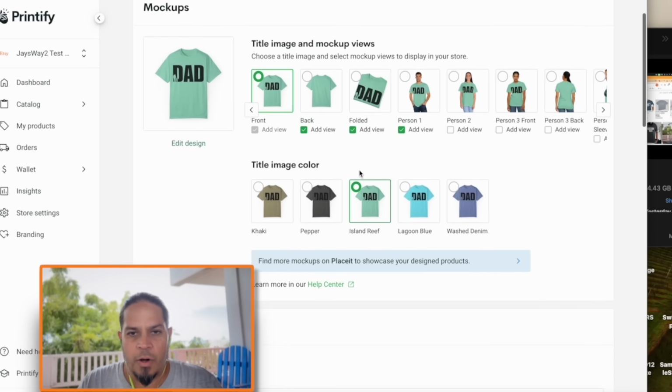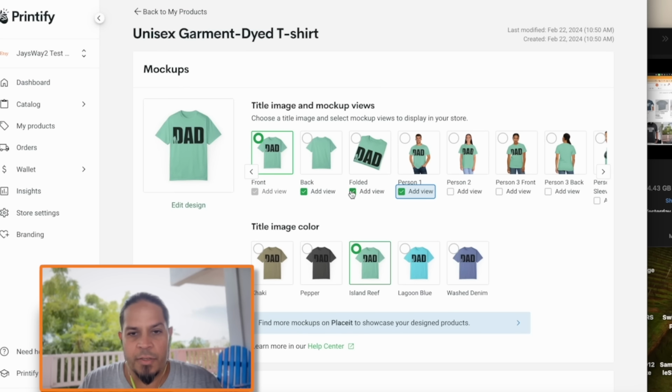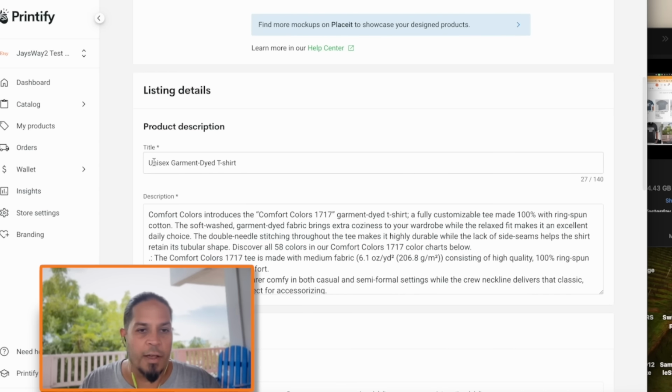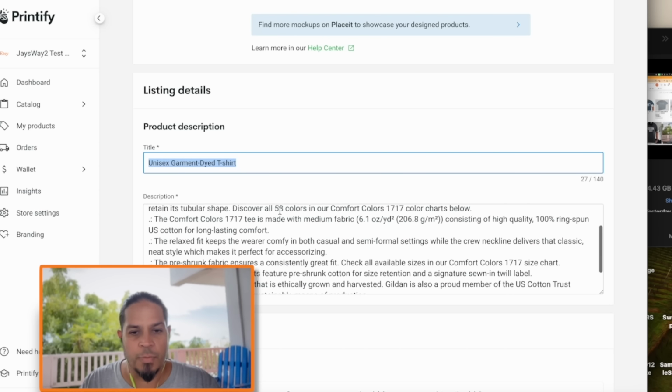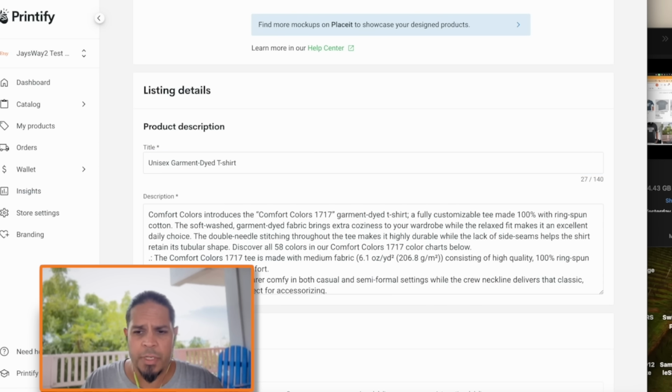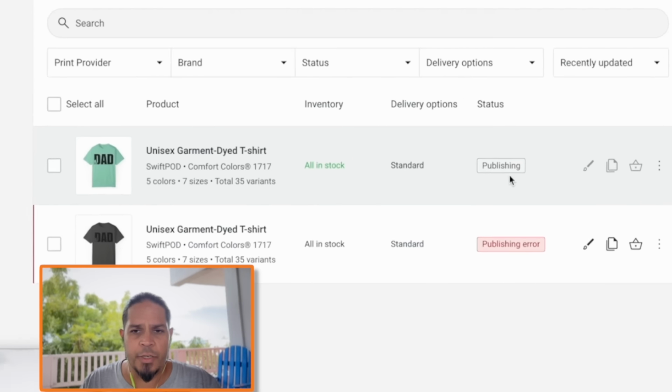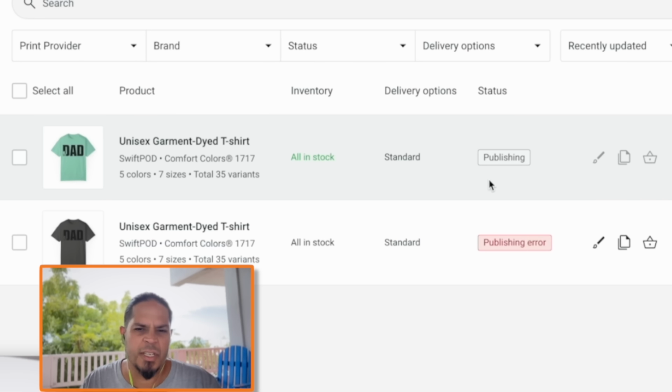And once we have our product, I will deselect a few of these because when we push to Etsy now, it'll take a little bit less long when we have less images here. You're going to want to go into Etsy and swap out your mockups anyway for something a little bit more niche centric or something that suits your brand a little bit better. So I'll just deselect most of that stuff, and then while you're in Etsy, you're going to have to change the title and tags and description and all that stuff anyway. So we'll just publish this now, saying publishing here,